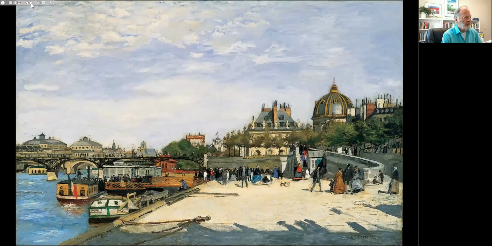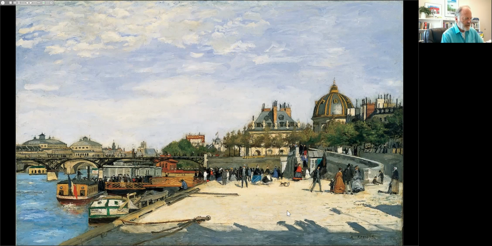And then we also saw this work, which is called Le Pont des Arts, the Bridge of the Arts. Really quite a stunning example of his early landscape painting. And we'd have to call this work naturalist or realist. It's really a pre-impressionist work. While it shows an interest in the landscape, it's a modern scene of the activity along the river in Paris. The Bridge of the Arts, Le Pont des Arts, is the pedestrian bridge that you see here, made of cast iron.